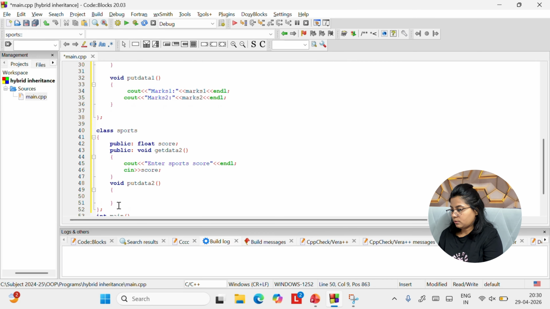In score. Okay, then go with void put data 2. So here we just need to write Cout statement, sports score. Yeah, done. Moving to the last class, finally.